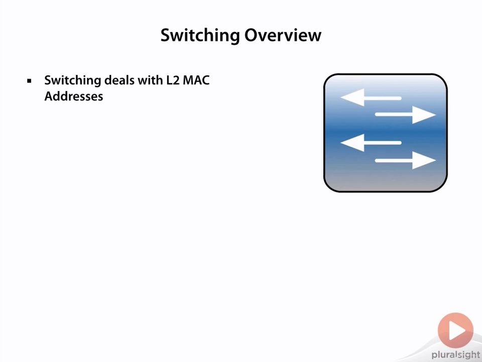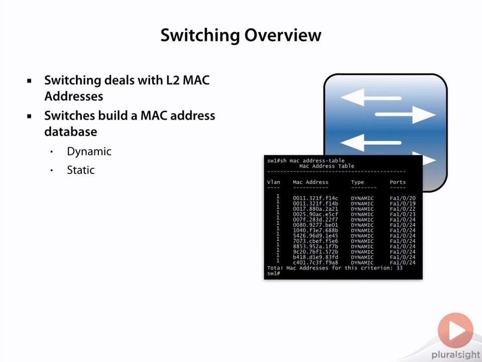First of all, LAN switching deals with Layer 2 MAC addresses, and I'm sure this is something that you already know. We have a switch here in this diagram, and this switch is going to build a MAC address database. There's multiple ways that this database can be populated. It can be done dynamically, which in this screenshot you can see is how all of these MAC addresses have been learned. The type column tells me that they were learned dynamically, and the port column tells me the interface where I have seen that particular MAC address. These could be static as well, so it depends, but dynamic is probably the most common method of building